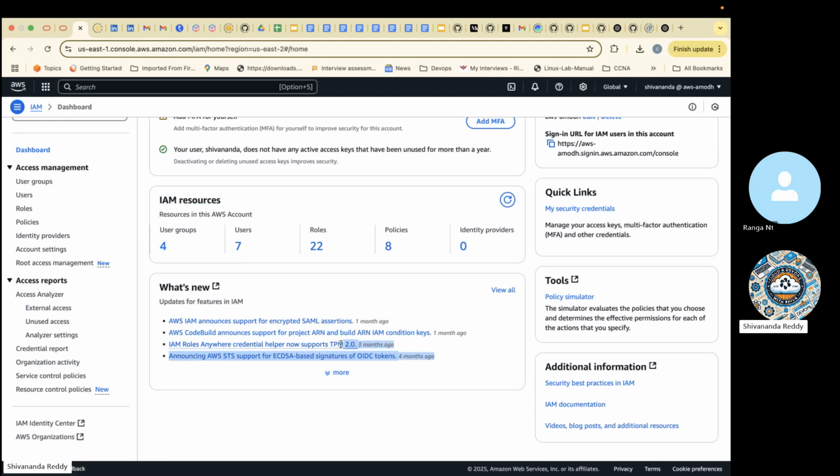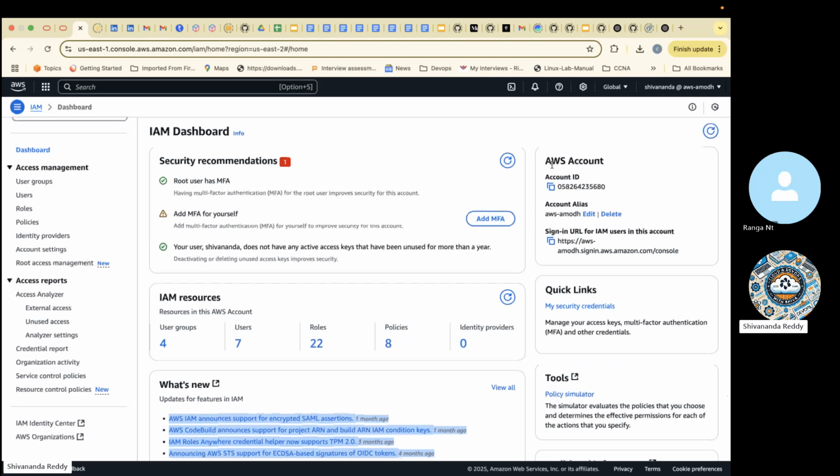These are the new things they enabled, the activities they did in the recent 5 months. Then on the right side, this is my account, this is the account number, and this is the alias name. I'll tell you how to generate this alias name anyway.